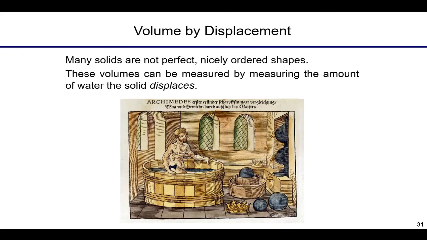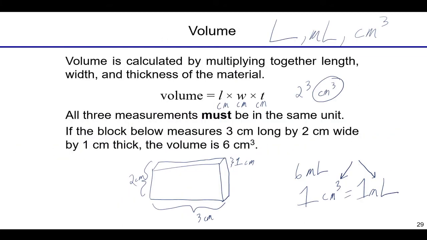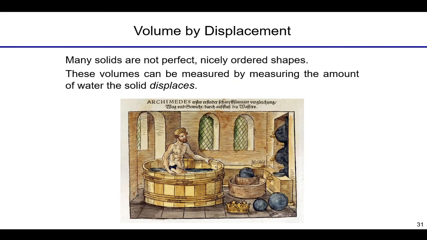And the way I like to introduce density is with the story of Archimedes. Now, volume, as we saw here, is easy to measure because you can easily hold a ruler up to this brick, whatever this is, this solid block, is probably something you can easily access. But what if you have an object that is much more faceted, that is much harder to measure with a ruler? It has a lot of concave and convex shapes in it, and it's really hard to get a ruler into all the nooks and crannies. Well, there must be other ways to get a volume.